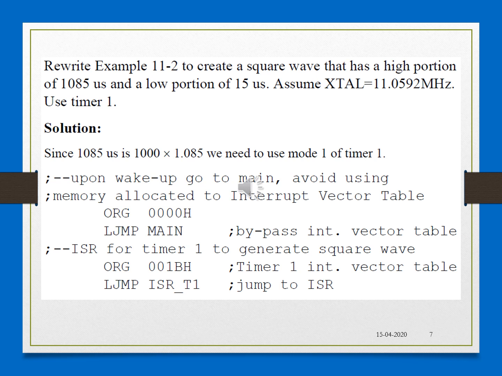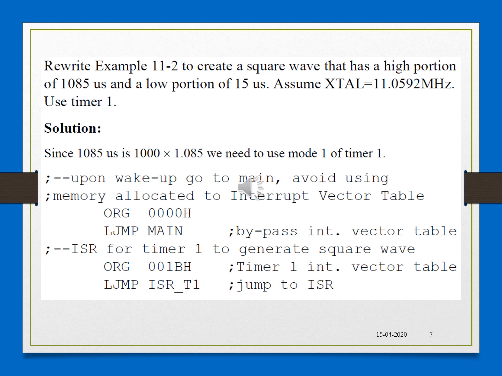So observe here, the initial 2 instructions of the program start from ORG 00, then LJMP main. You know the reason why we are using this instruction. The ISR is also quite lengthy, so we are not able to fit it in the memory location 001BH. So we are using one more location, with an LJMP instruction where the ISR is saved in some other location. Recall I had mentioned in the previous session, the ISR should be as small as possible.